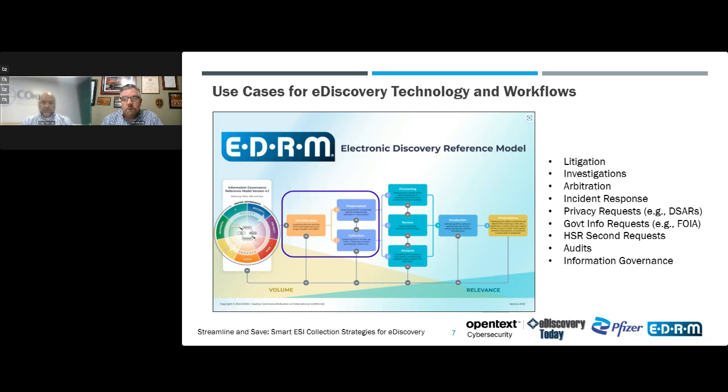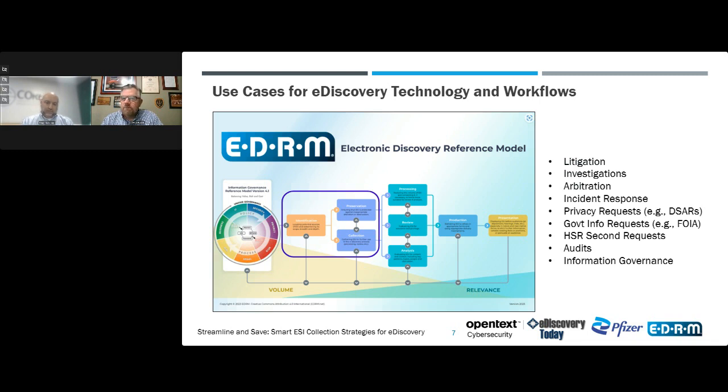The top 7 use cases in the list to the right there were all used by more than 40% of 410 respondents in the 2023 State of the Industry report released by eDiscovery Today at the beginning of the year. As you can see by the blue circle in the EDRM model, the first 3 phases of the EDRM after InfoGov, identification, preservation, and collection, are more important than ever to keep eDiscovery workflows streamlined regardless of the use case.